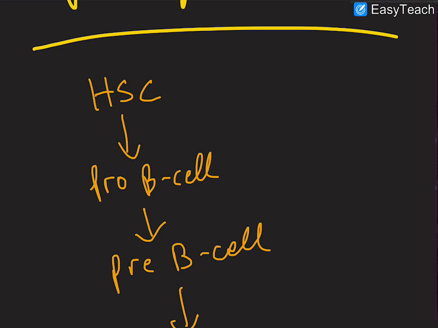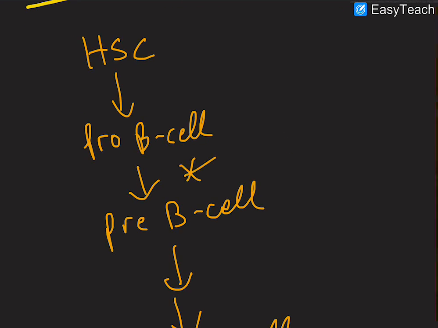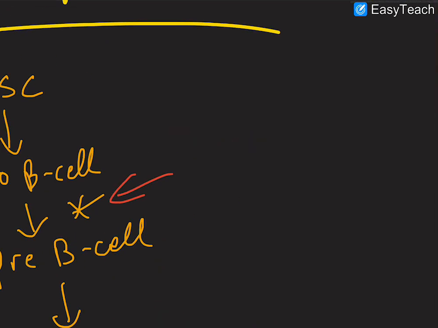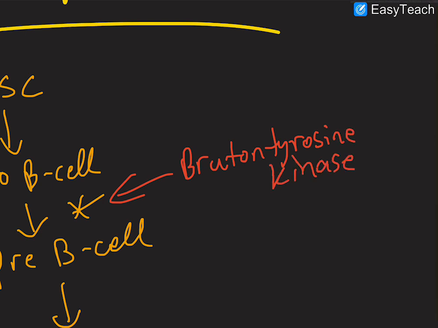So let's talk about this step right here. In order for you to have a conversion from pro-B cell to pre-B cell, you need Bruton tyrosine kinase. Let's go and write that down. So in order for this step to happen, you need functional Bruton tyrosine kinase. It turns out, though, in X-linked agammaglobulinemia, you have a mutation in the BTK gene that codes for